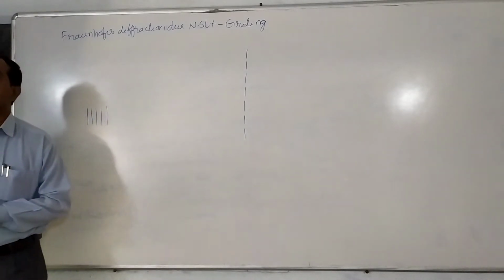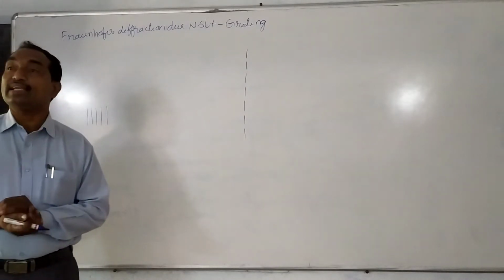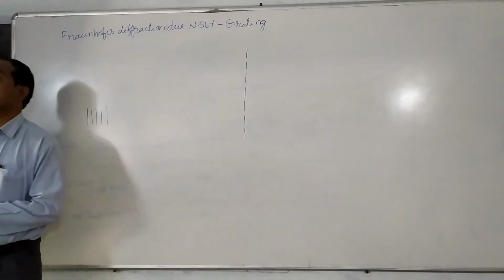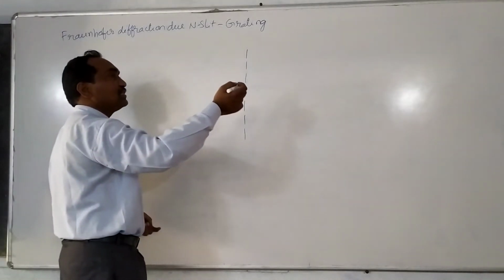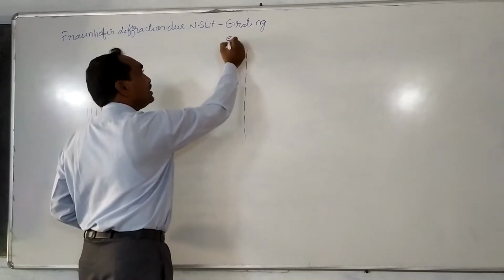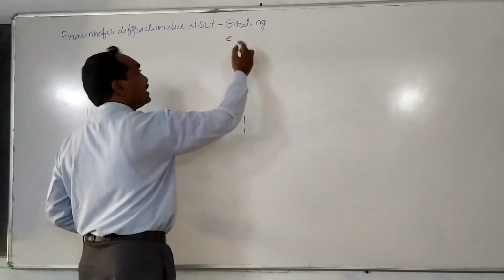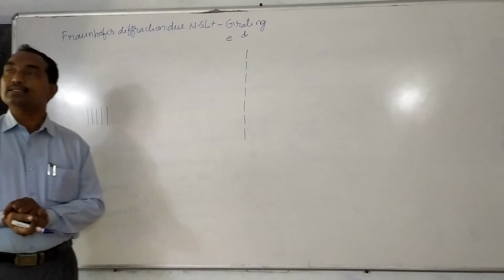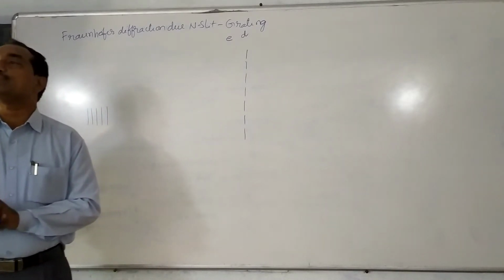It is nothing but a transparent glass plate. When the light is incident normally on the transparent glass plate, what happens on the screen? So this is the N slits. As usual, what we discussed in the previous class, the width of each slit is taken as a small e. The opaque distance between two slits is taken as a small d. So e is the width of the slit and d is the opaque distance between two slits.